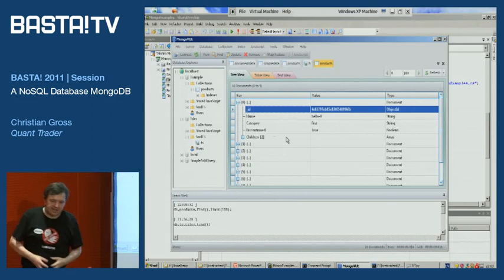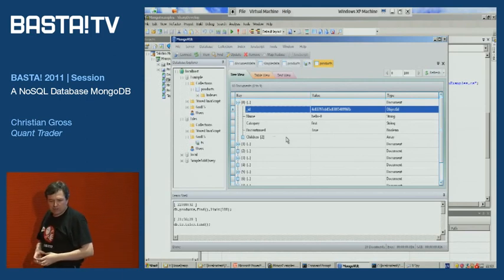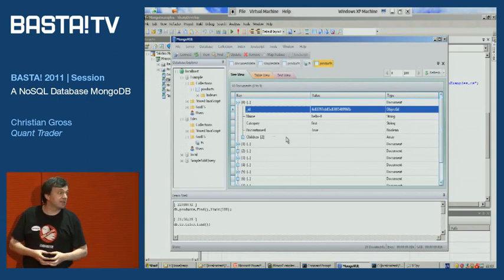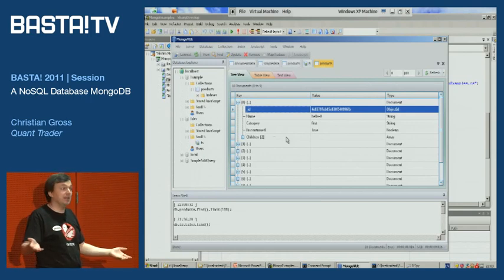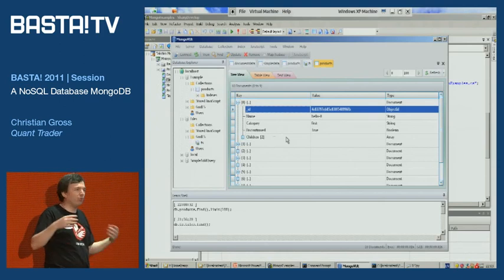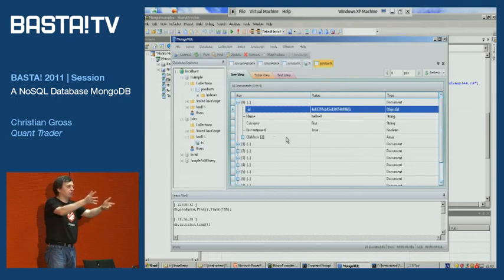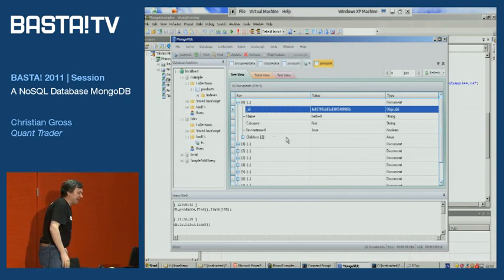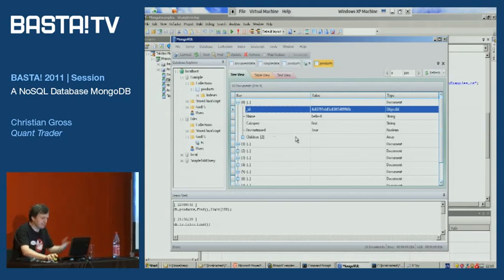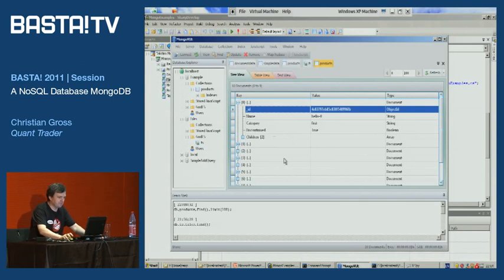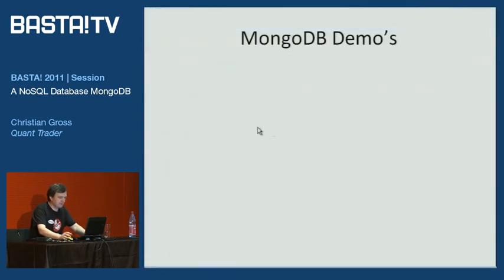When you're dealing with, let's say, a caching mechanism where you want to store old information, that makes a lot of sense. Let's say you want to archive. It makes a lot of sense. But as a SQL programmer, we're not used to that. When we say we're going to update this data, we're going to store this data, it's that piece of information. That's it, basta, finished. We don't just create a second copy for good luck, right? NoSQL does that. And especially MongoDB can do that. All right, those were my demos.